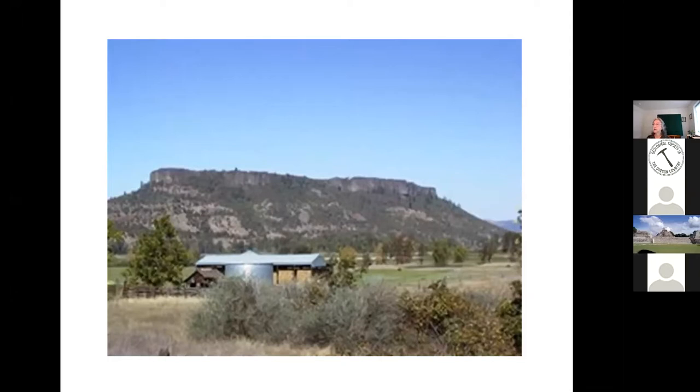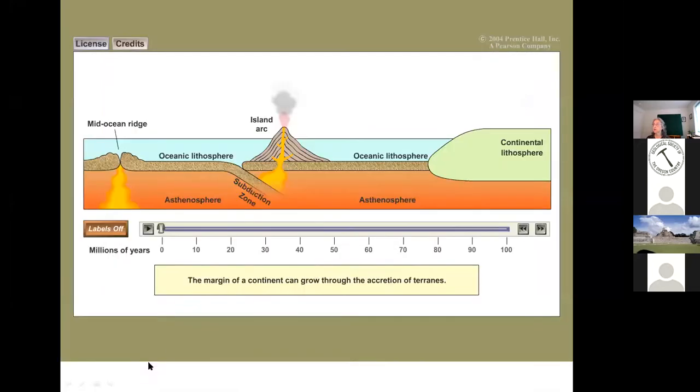And I can tell you that both of these regions are what we call accreted terranes. A terrane, not spelled like all-terrain vehicle, but spelled T-E-R-R-A-N-E, is a chunk of land that came from somewhere else. And through the magic of plate tectonics, it gets added onto the continent. So let me show you a diagram that shows what's happening.